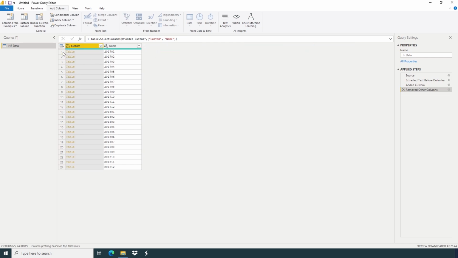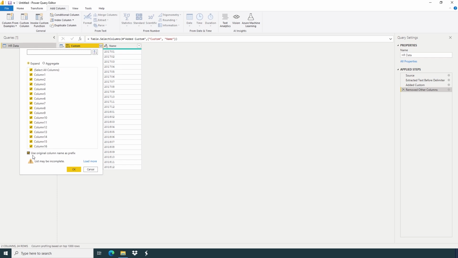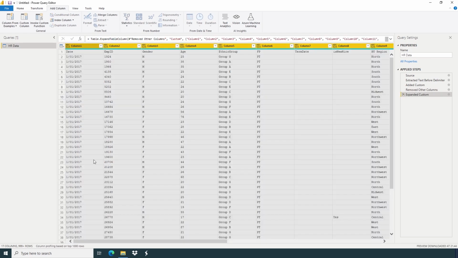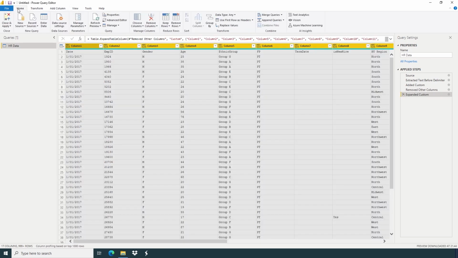So now we have the table column and the date column. Just click here, use original column name as a prefix. Uncheck. Okay. Now go again to home. Use first row as header.